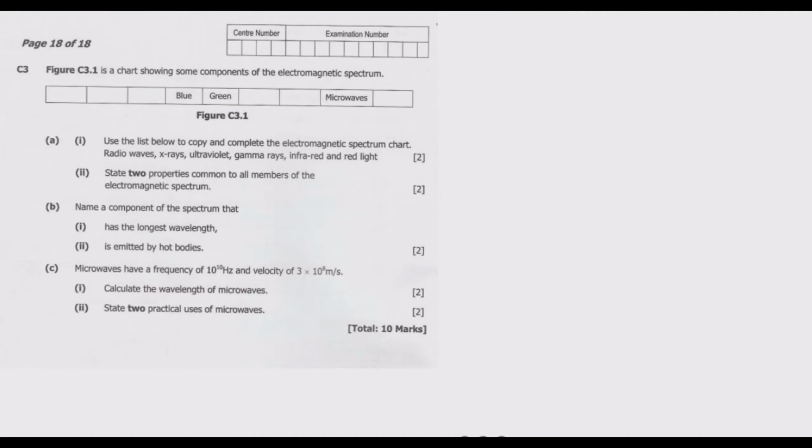So the best way to memorize this is to use this phrase: Rich men in Vegas use expensive gadgets. So this starts from radio waves going all the way up to gamma rays. Then just note that visible light comprises the colors that we're able to see as human beings. So we know that what is next to